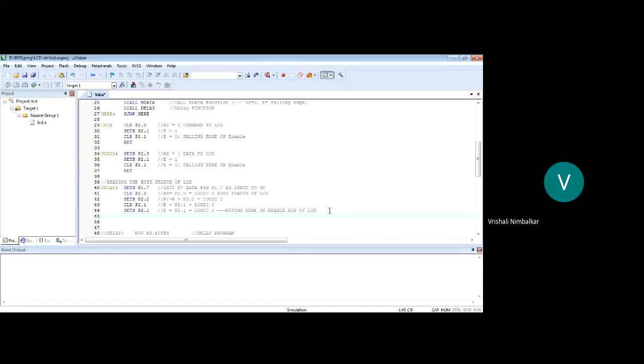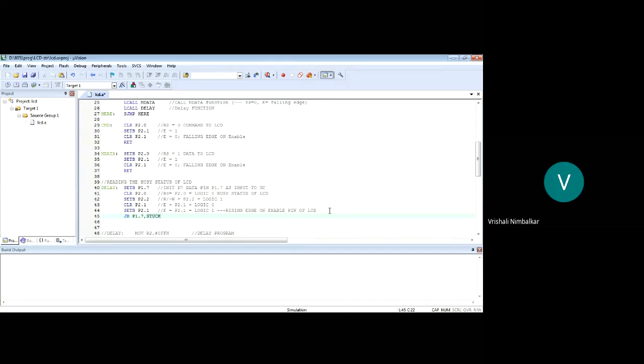And then where do I need to be in loop? If that D7 bit is 1, wait. Okay, so see, I am writing the instruction. Jump if the bit is set. Which bit? The D7th bit. Where is D7 connected? P1.7. Correct. So jump if the bit is set. Which bit? P1.7. Where I give a label as STUCK. If the bit is 1, wait. LCD is busy initializing. So jump if the bit is set.